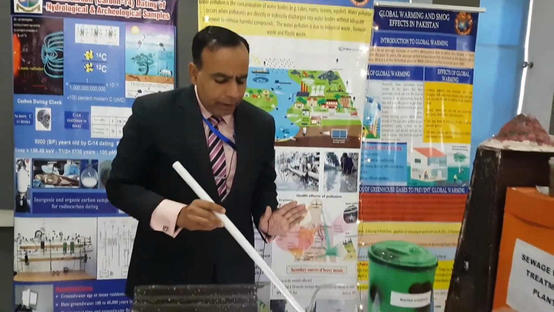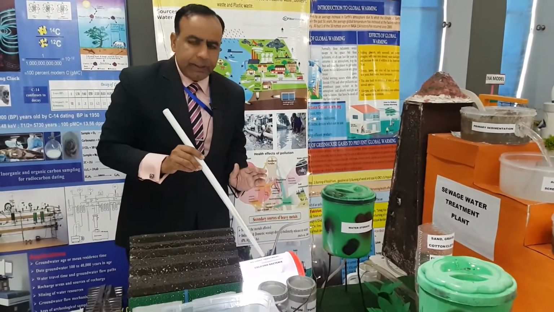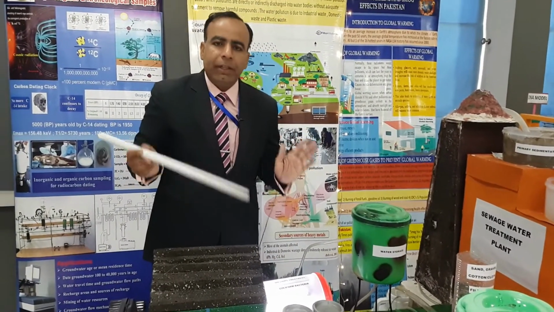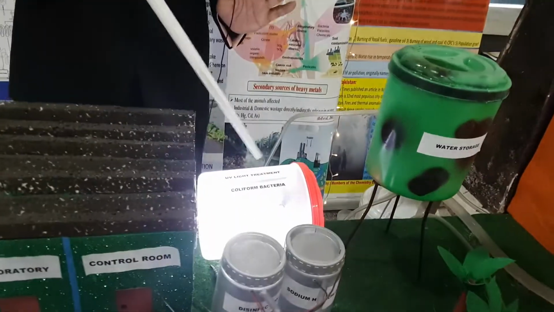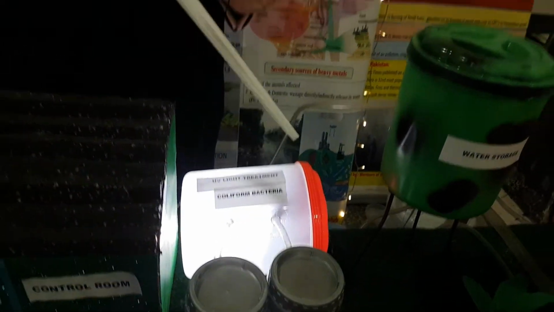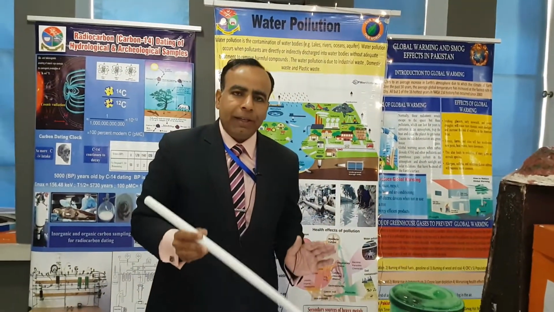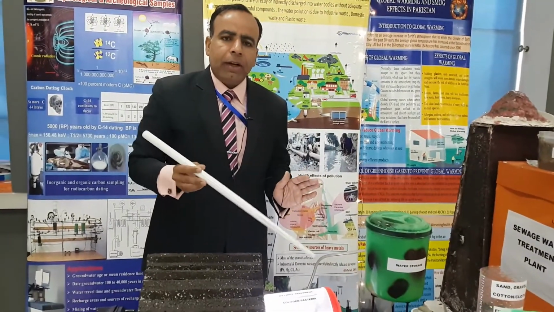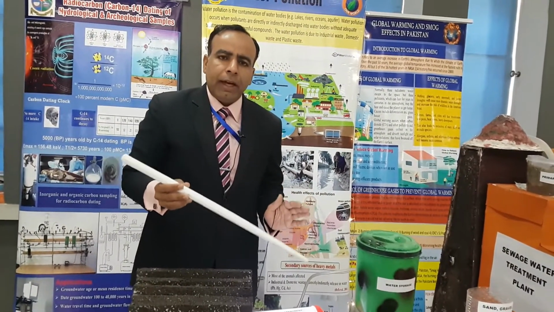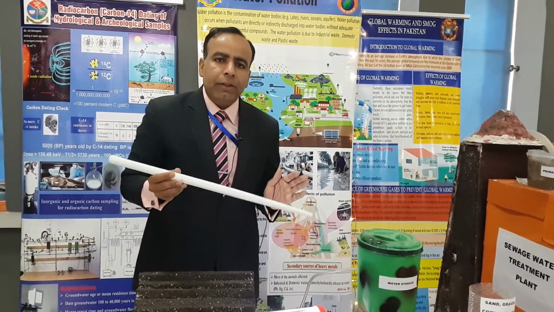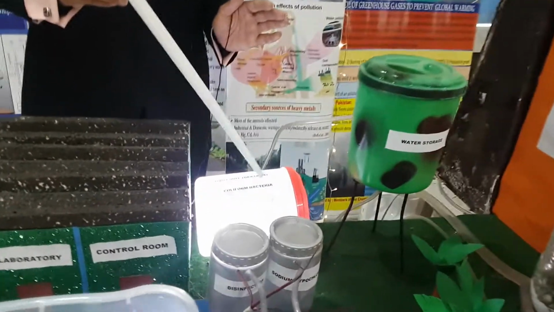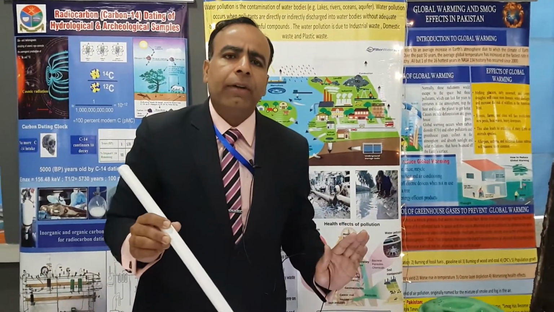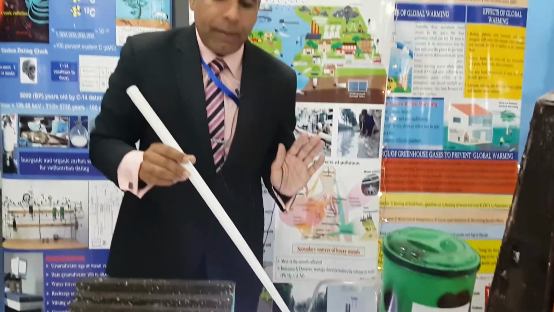I want to tell you that in the pond water there is a bacteria which is called coliform bacteria. Coliform bacteria can only be killed in the presence of UV light treatment. If coliform bacteria is present in the water, it will cause stomach diseases like diarrhea, like gastrointestinal disease. So it is very important to kill coliform bacteria present in the water. If coliform bacteria is not killed, then water is not fit for drinking. This is the main purpose.